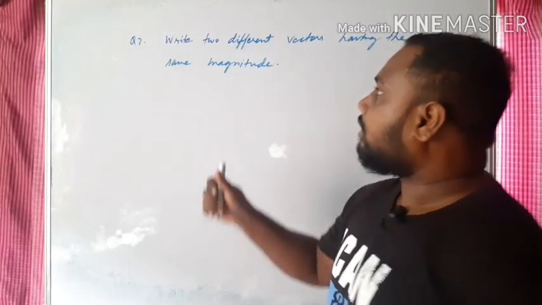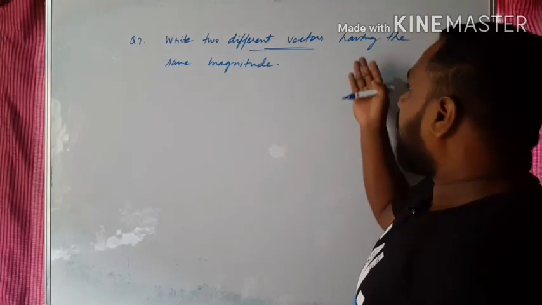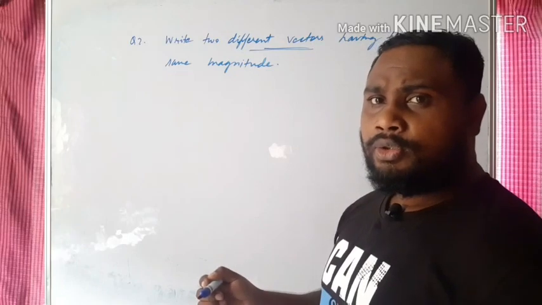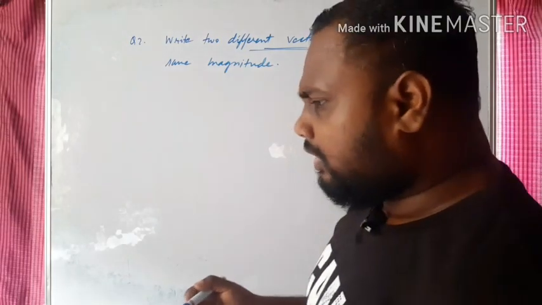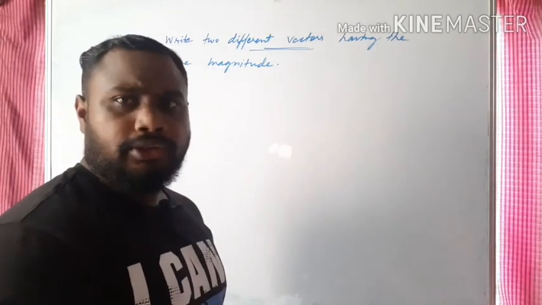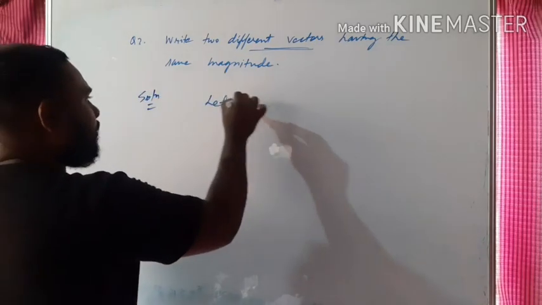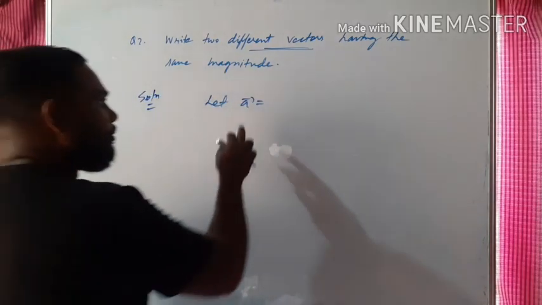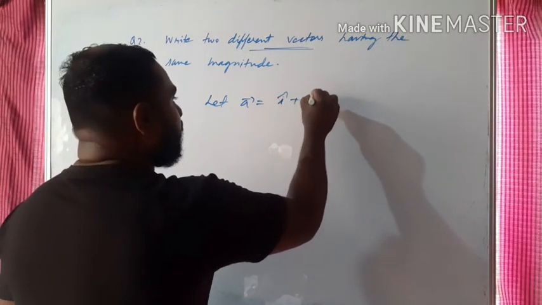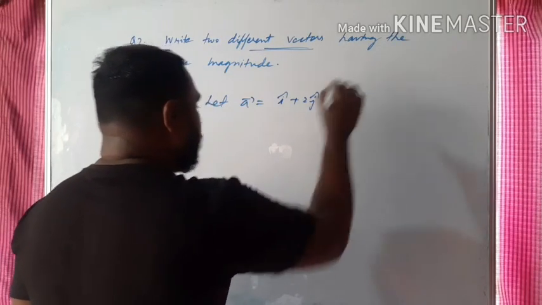So next question is write two different vectors having same magnitude. Okay, so we'll have to write two different vectors which have the same magnitude. So there are many examples. You can write any two vectors which have same magnitude. In different vectors you can write. Okay, so let me take a vector. A vector is equal to, say for example, i plus 2j plus 3k,